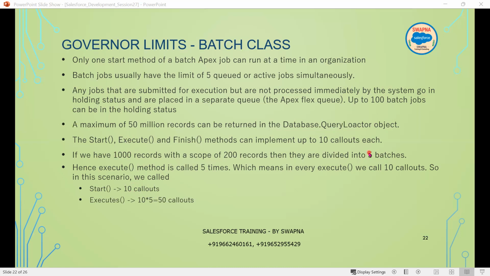This is a confusing question in the interview. They will try to confuse you a lot here, but do not get confused. Whenever they ask what is the limit of how many callouts can happen, it is 10 callouts. There is no doubt in that. If they give a scenario where there are 1,000 records, and ask how many callouts happen in the start method, the execute method, and the finish method,